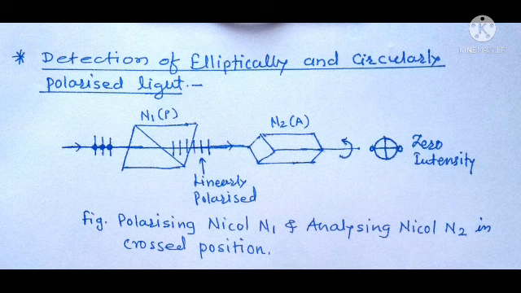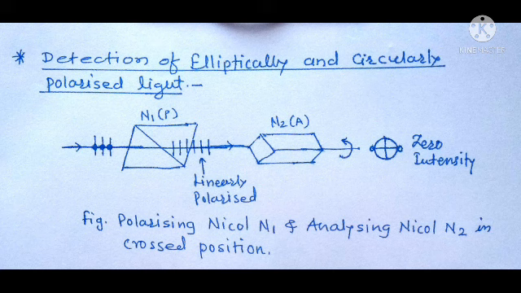Normally, an unaided eye can't distinguish between unpolarized light, linearly or plane polarized light, elliptically polarized light, circularly polarized light, and partially polarized light. To know about the state of polarization of light, an analyzing Nicol prism is used along with a quarter wave plate.